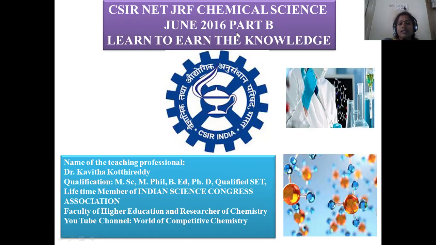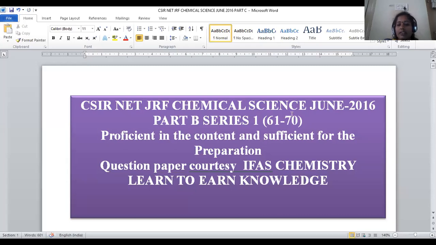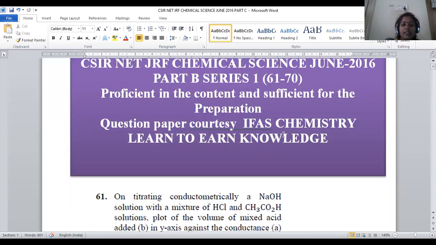Okay, so let us discuss these questions. This kind of discussion will be helpful for your competitive examinations and entrance exams, which pertain to any chemistry questions. It will be the standard question paper given in the CSIR NET GRF Chemical Sciences. Let us enter into our actual session. Here, we are going to discuss question numbers 61 to 70. Again, it is part of Part B only, so this is not Part C. It is a part of Part B only. So in the CSIR NET GRF Chemical Science June 2016 Part B session, 61 to 70, a total of 10 questions, are going to be discussed now.